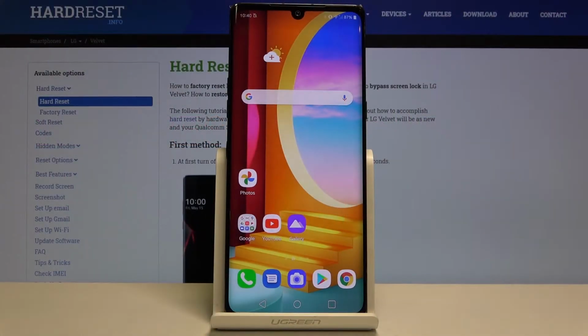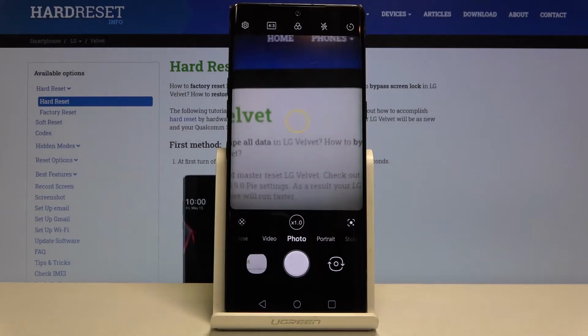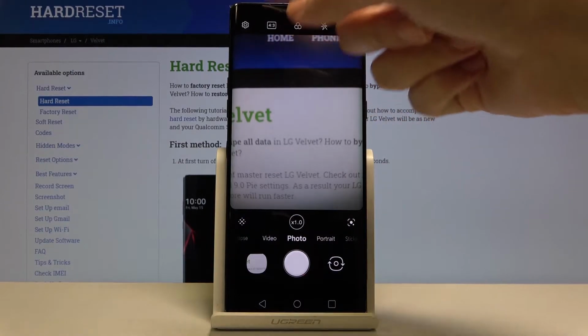Welcome, here I've got LG Velvet and I'm gonna show you how to change photo resolution in the camera app at this device. So at first we have to tap on the camera button here to open it, and as you can see we are in the standard photo mode, and here also we have this button which gives us